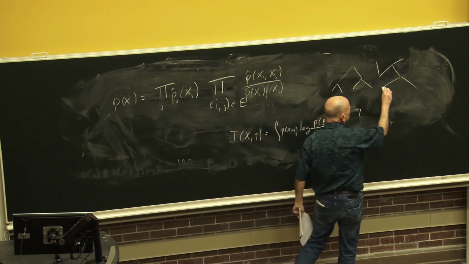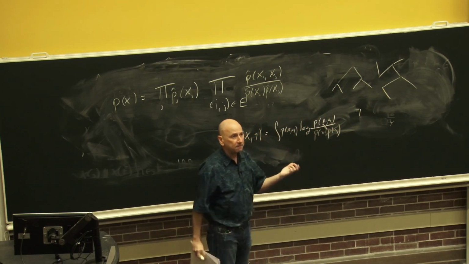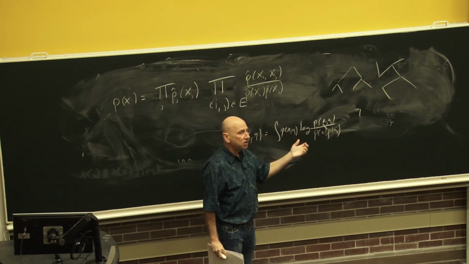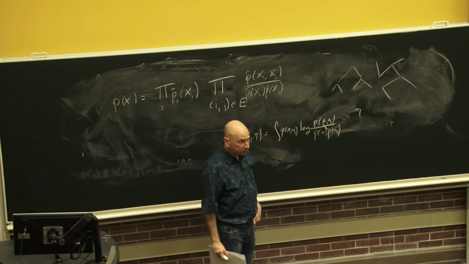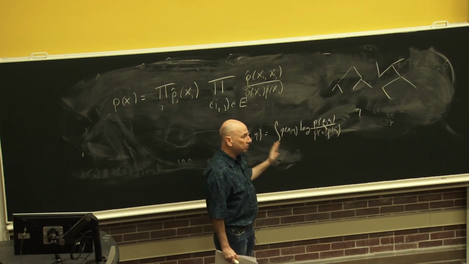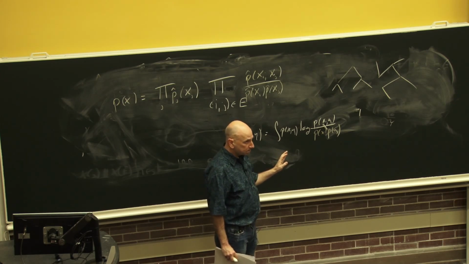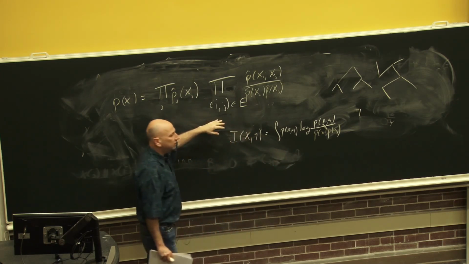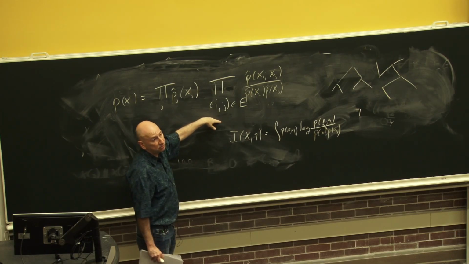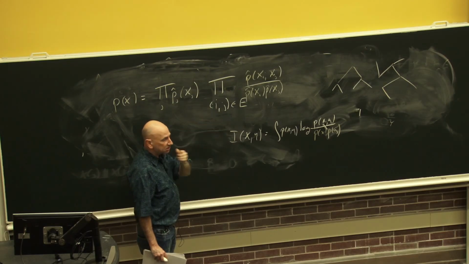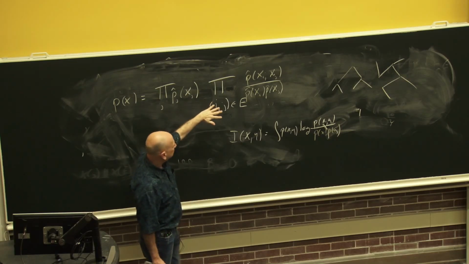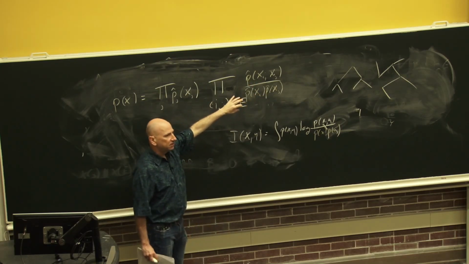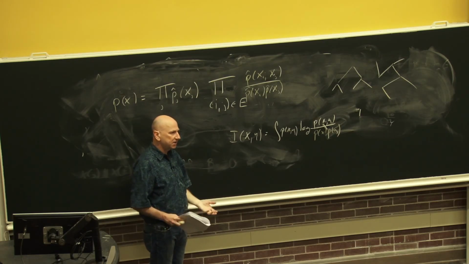Connect those first. Now keep going. Find the next pair with the highest mutual information, connect those. The only rule is if you form a cycle, throw that away and keep going. And provably, that gives you the best forest approximation to the distribution. That is, the best density of this form, which is closest in Kullback-Leibler distance to the true distribution subject to being a forest. And so, in practice, the way we did it was we took half the data and got all of the density estimates, and then used the other half of the data to estimate the mutual information,